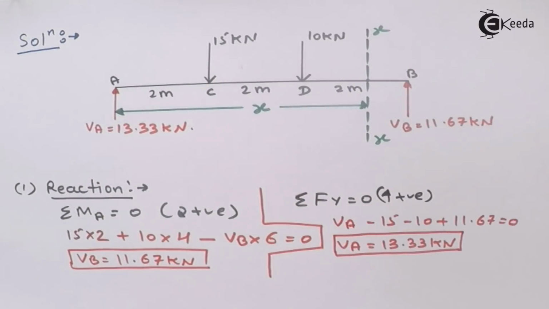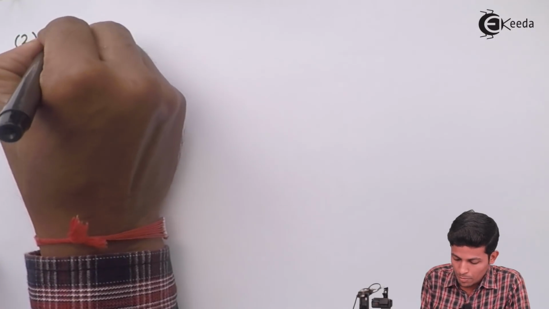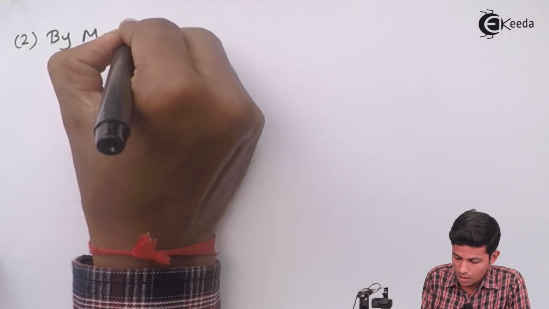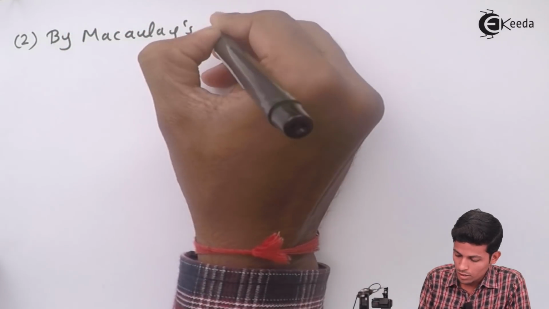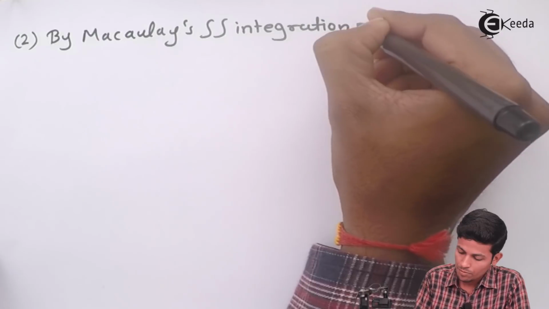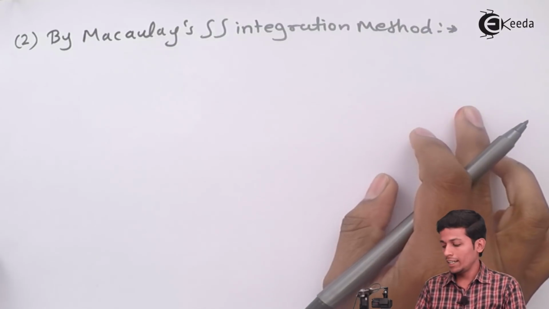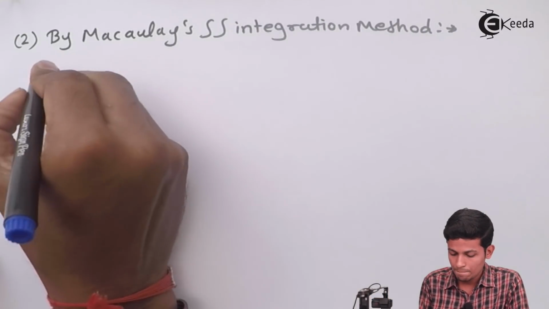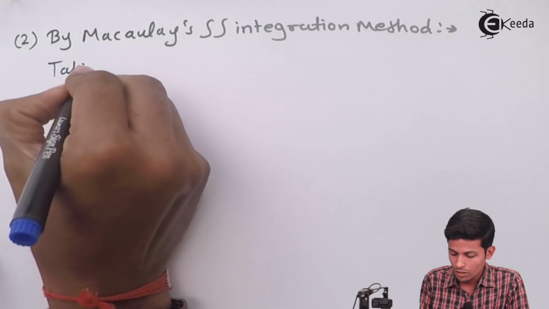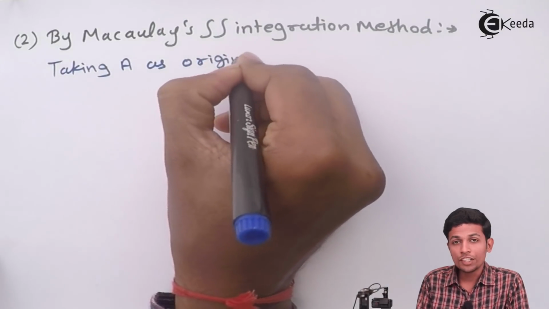So now what is our next step? Let's see. Our next step will be number 2: by Macaulay's double integration method, taking A as origin,